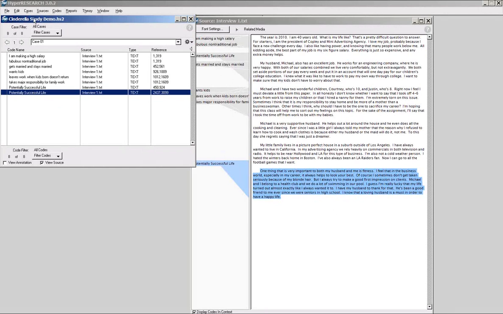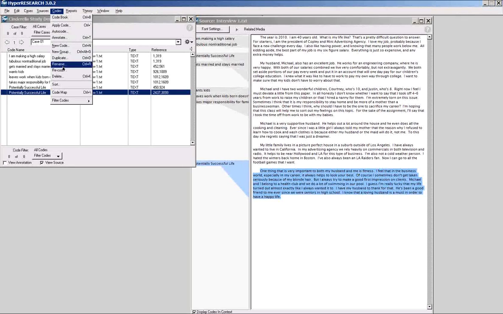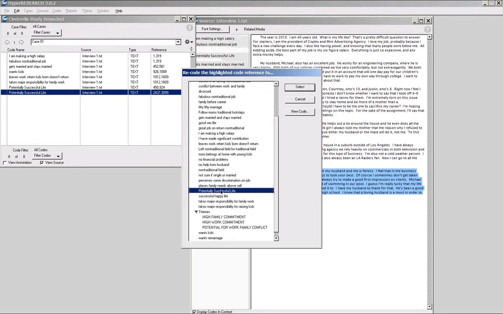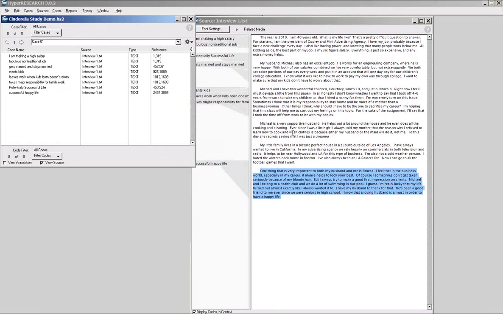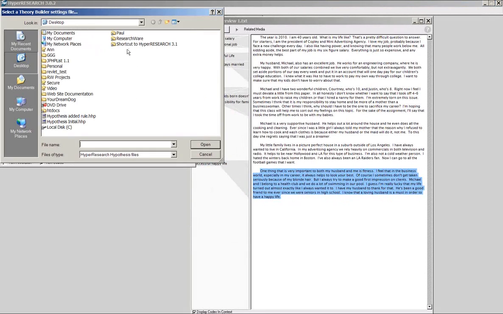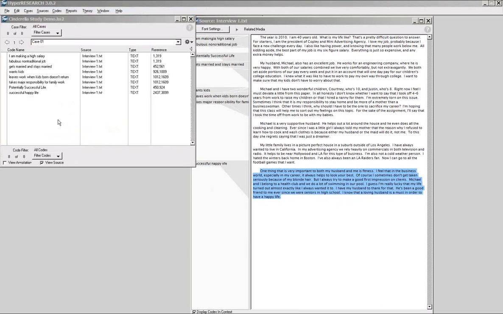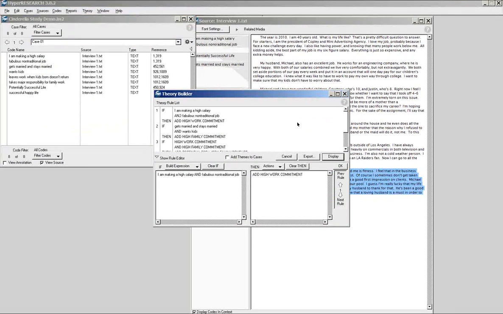Again, I could go back now and use my code manipulation features where I can rename codes, I can recode codes to change this instance of potential successful life to successful, happy life, and click OK, and recode that. Now, again, if I wanted to iterate, I could come in here and open up my hypothesis. Again, I could leave it open in the background. I'm sorry, I keep closing it, and